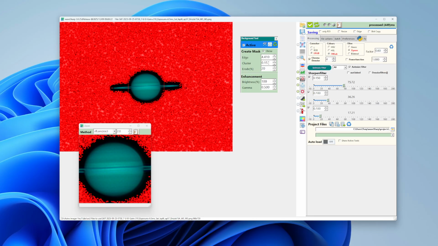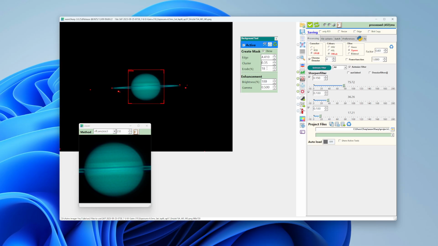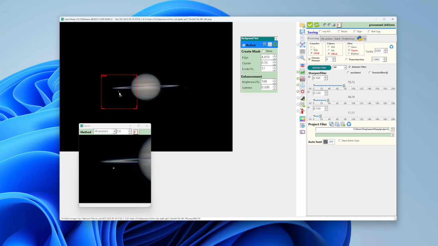So I'm going to set some of these settings here. I'm going to increase the cluster setting just a little bit to reduce some of the mask effect, and then maybe take this erode down just a little bit. You can see here, look, now the moons have started to appear. Let's uncheck and look at that. So now we can see that the moons have been brought out by this setting. There's one and there's another. So again, another capability. It's not new in waveSharp 3, but